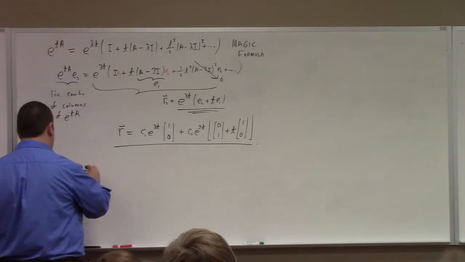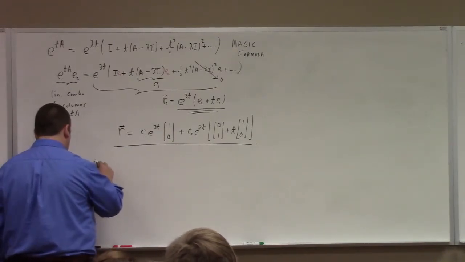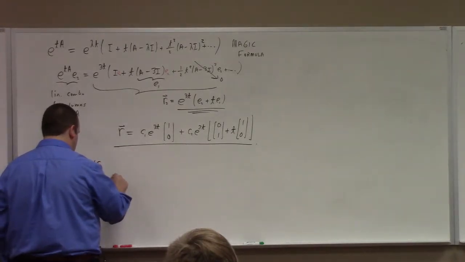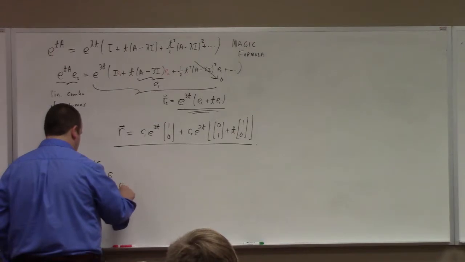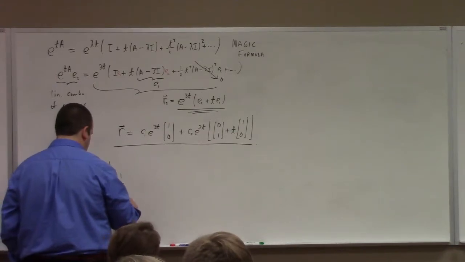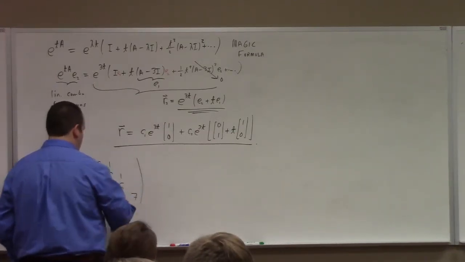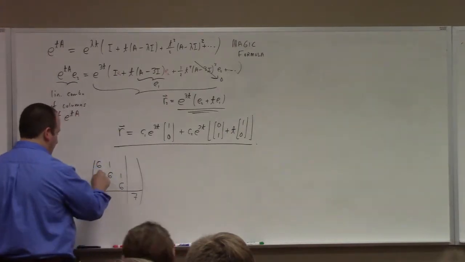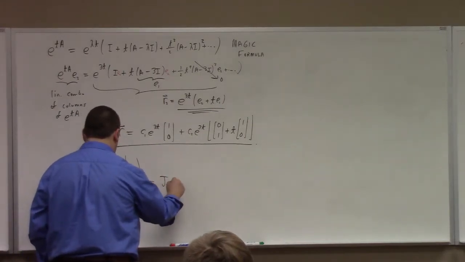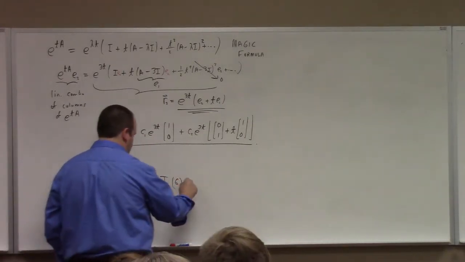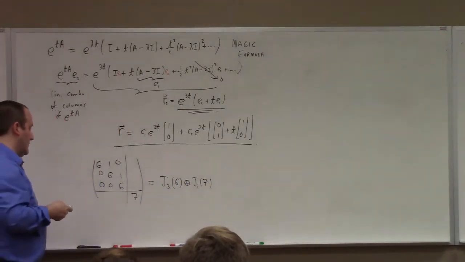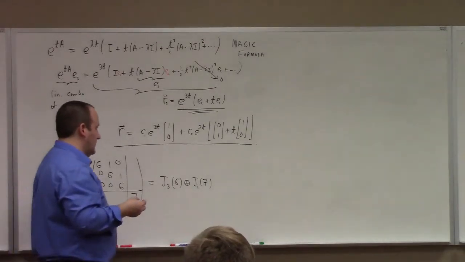If I had, for example, this: 6, 6, 6, 7, and zeros elsewhere, okay? Then what we're looking at here is the 3 Jordan block of 6 plus just a J 1 of 7. So